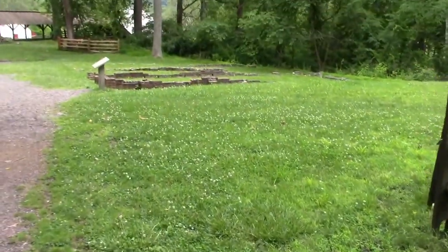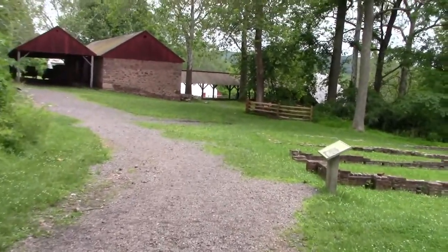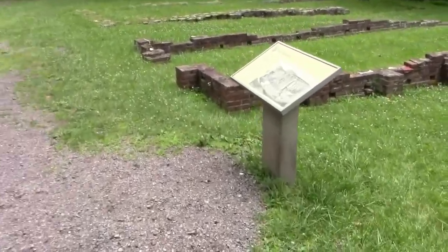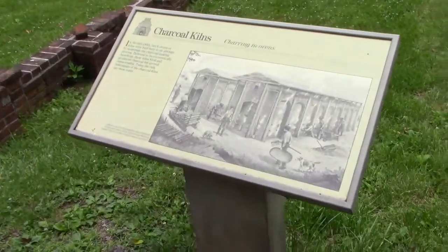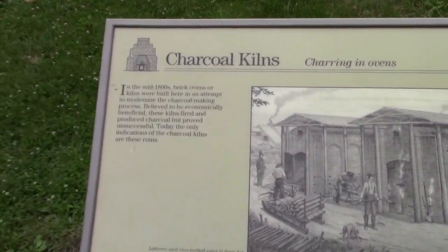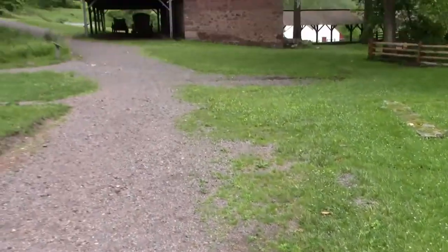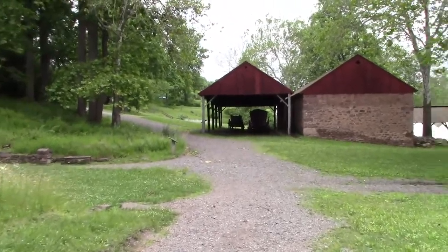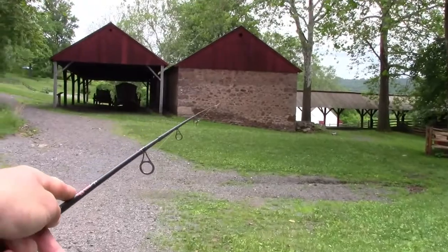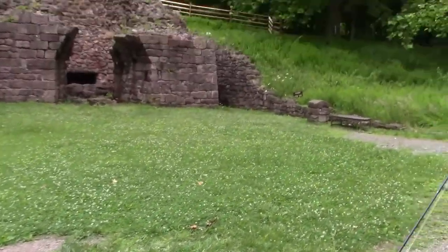And then, yeah, you could pause the video right there when I showed you that. I'm going to show you this too. Charcoal kilns. It's probably where they made the charcoal, burned it, I'm guessing. Right there. And then up here, they got a few wagons filled with it. And then this building right there is where they store it. I'll quick show that, but